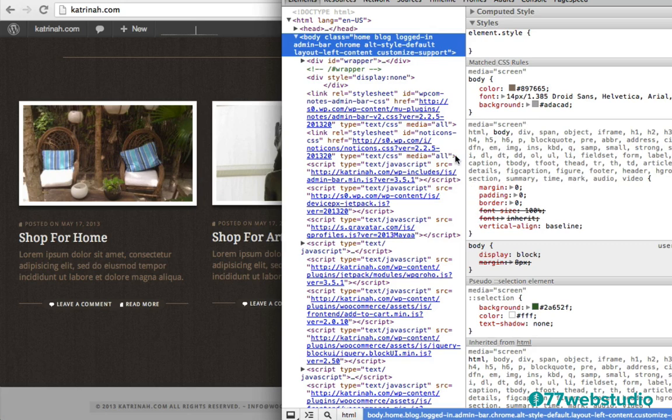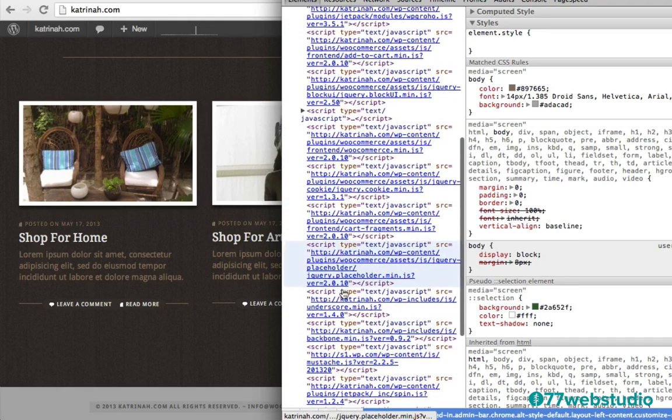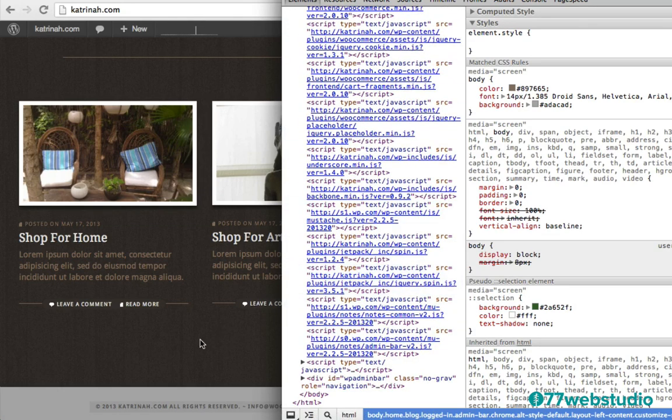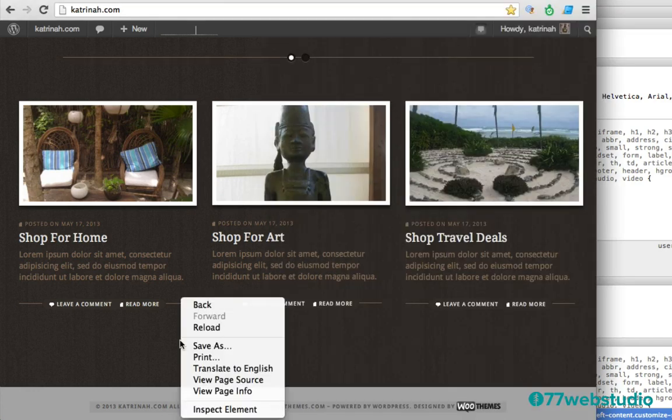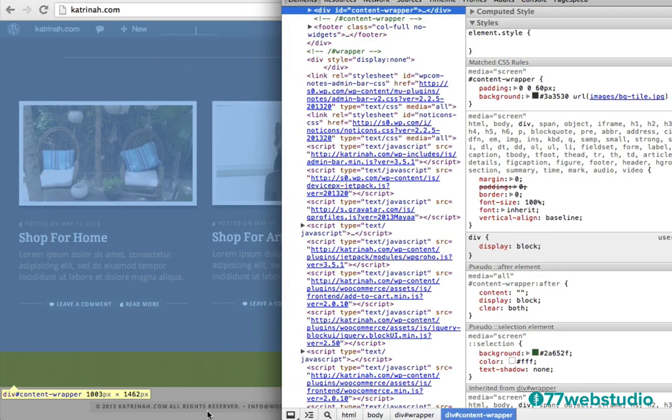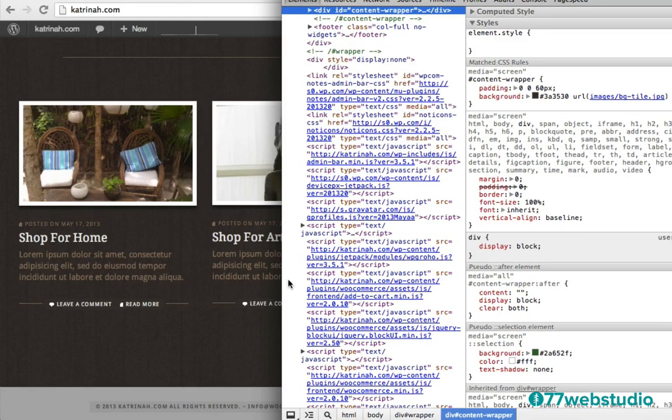So there's lots of code here. You don't have to worry too much about this. I'm actually going to post this code as well just to keep everything really simple, but I want to show you how I go about figuring out what code to use. So I am going to scroll down here, and I actually want to find this brown right here. So I'm just going to once again hold control and click on inspect element, and it will go directly to the section that I need.